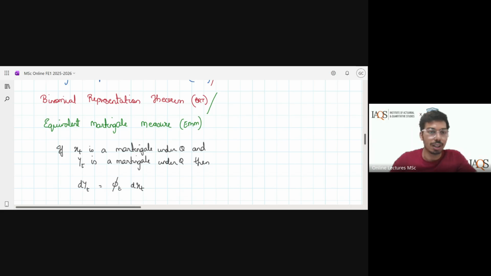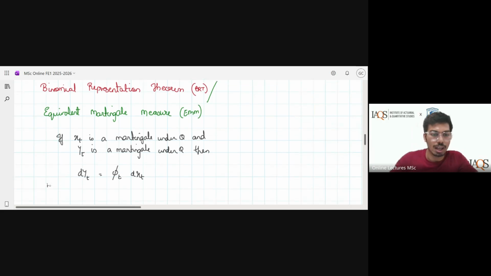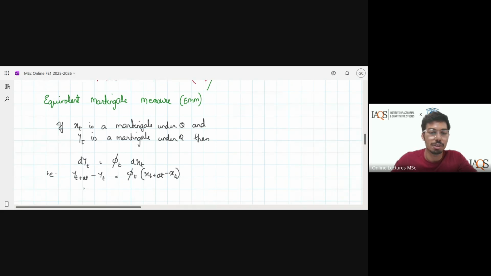Now, I can also write this as Y(t+dt) minus Yt is equal to phi t into X(t+dt) minus Xt, where phi t is a